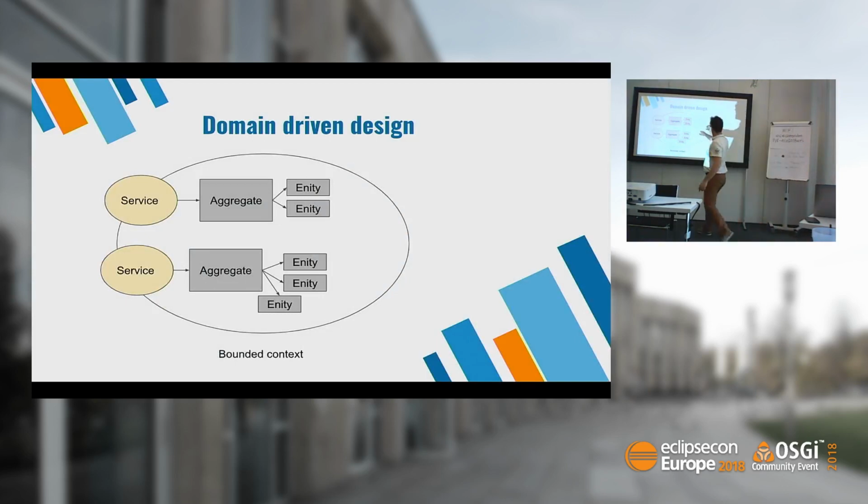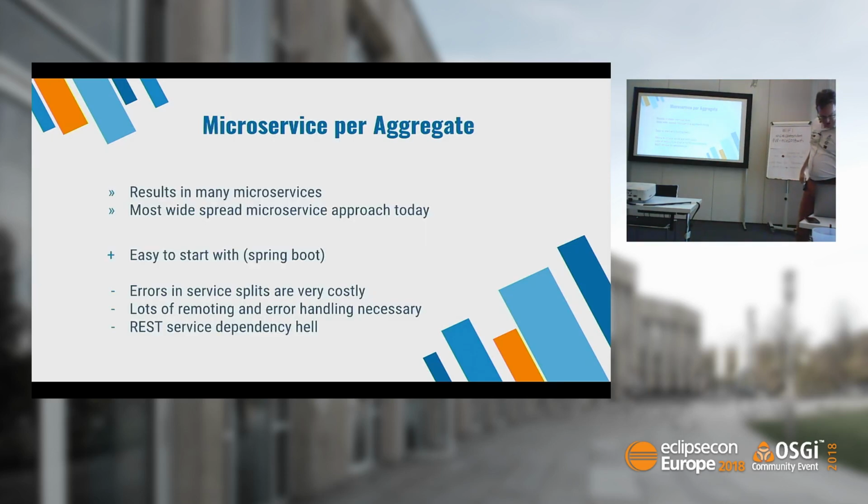So this is how we would have it in the current design. One microservice here, one microservice here, and many interdependencies because they live in the same bounded context in the end. And what we could do is to put all these aggregates that live in the same bounded context together and put them into the same microservice that, of course, then has to offer two or many endpoints. But the advantage is